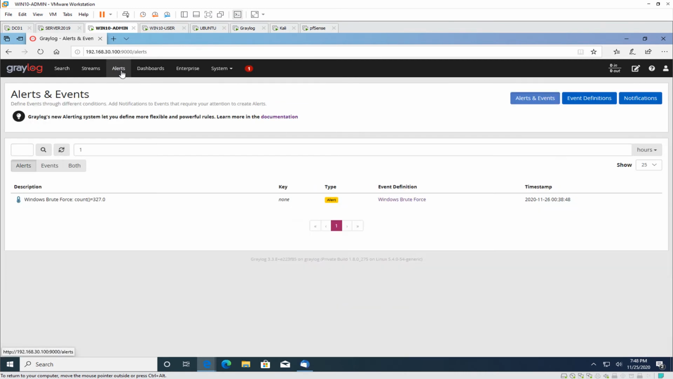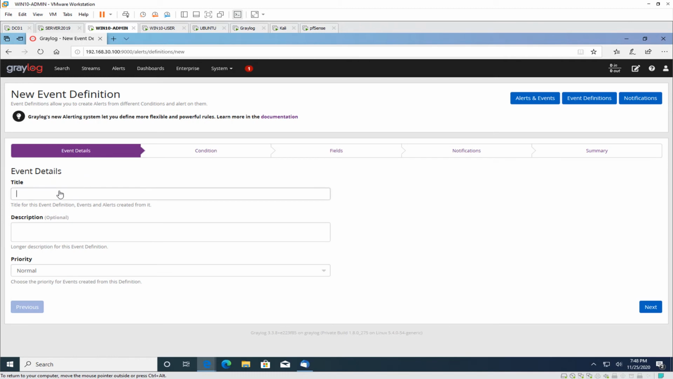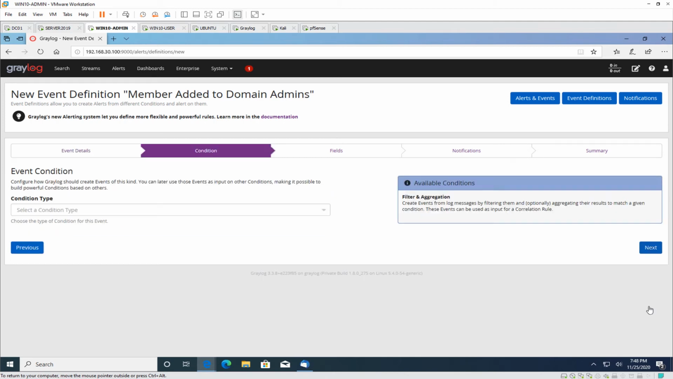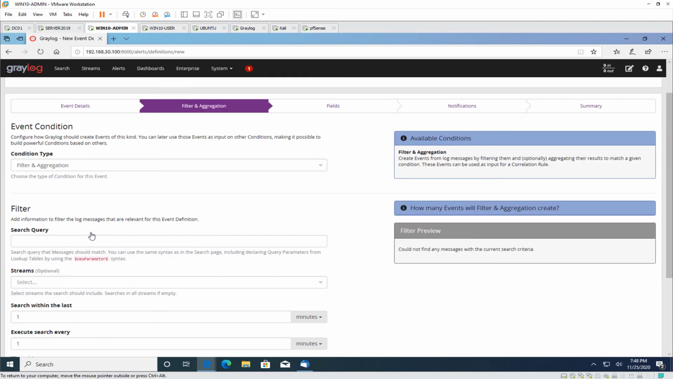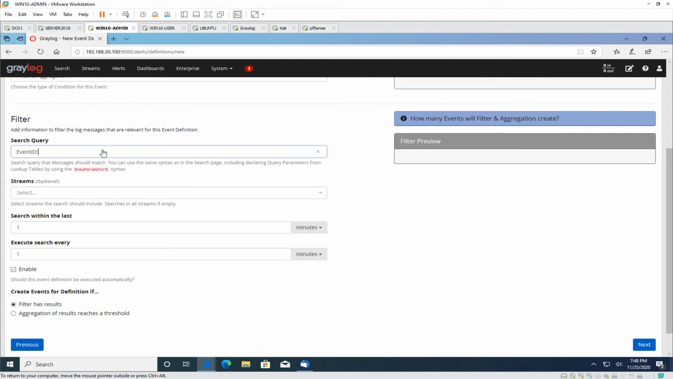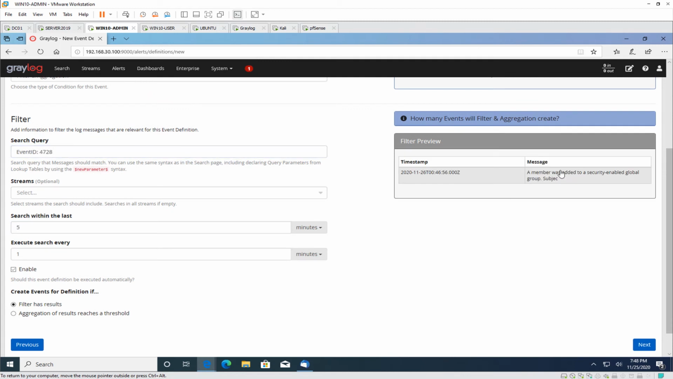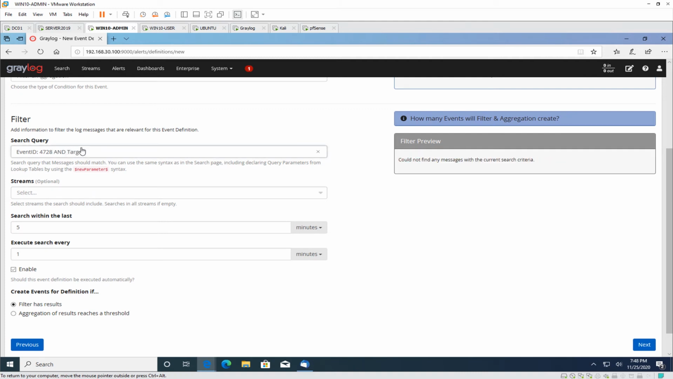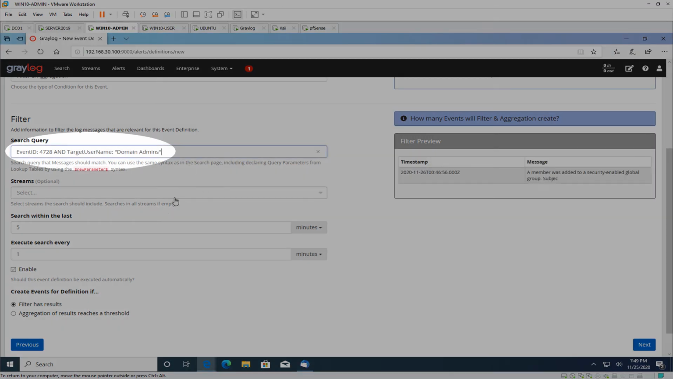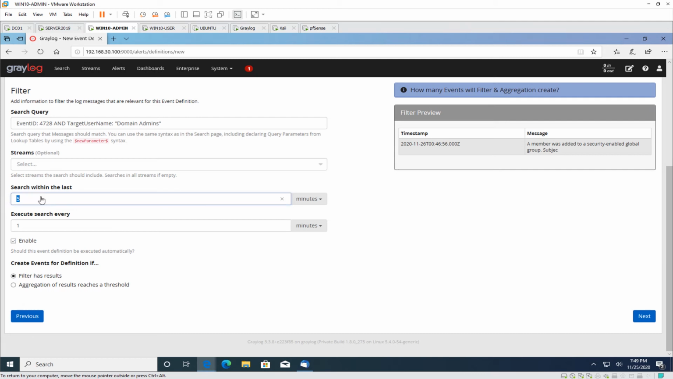So same thing as before, we'll take that information, we'll head over to our event definitions, and we'll create a new one. Member added to domain admins, sounds descriptive enough. Filter and aggregation, we'll set the search query to event ID 4728. We can see it successfully finding the information. Target username, domain admins, and we are still getting hits on the right-hand side. And we'll ask it to search